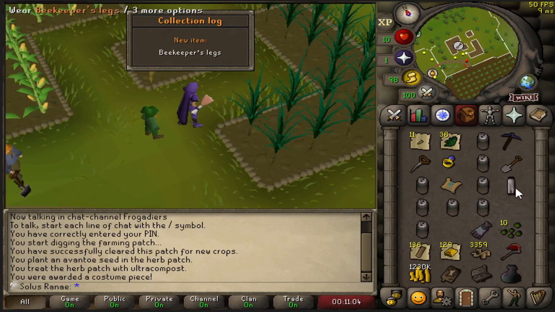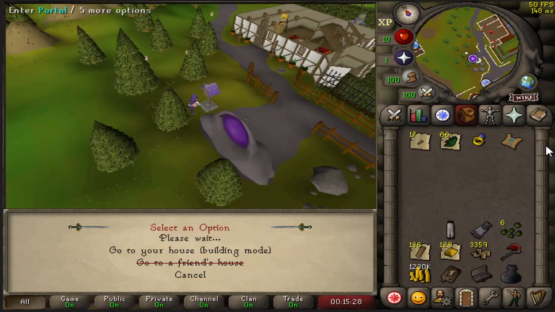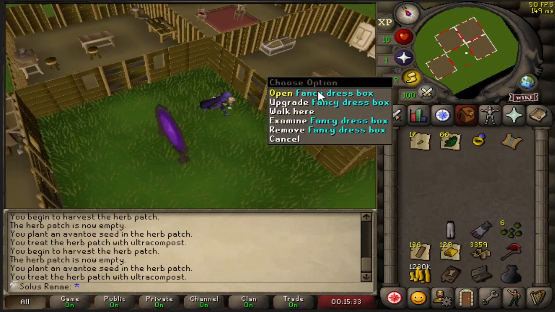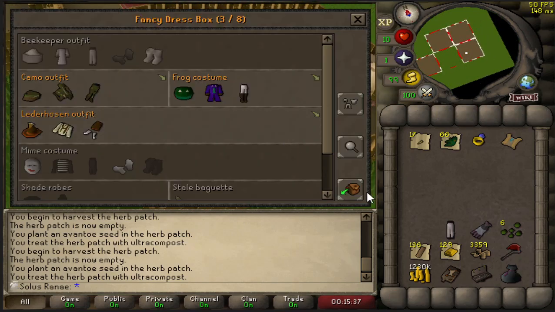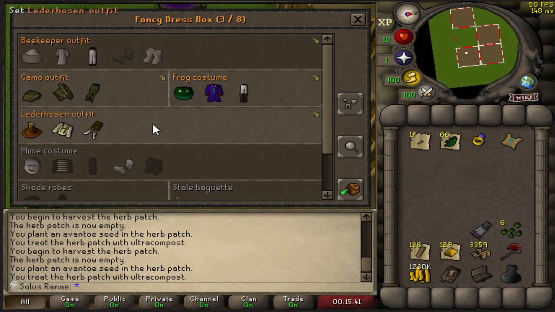I can go ahead and shove this into the house. Okay, so we finished the farm run. We are going to go ahead and head into the house, and we're going to store these beekeeper legs with the rest of our items. And that is another random event item completed. I should do the beekeeper more often, that way I can actually complete the entire set. Knowing me, I'll probably end up dismissing it anyway, but there are 4 more items from the beekeeper set to